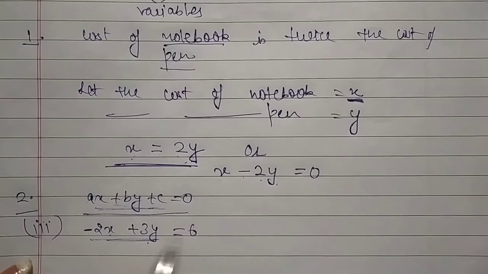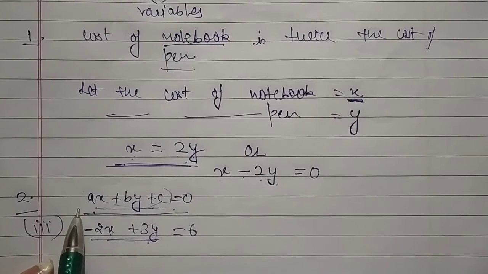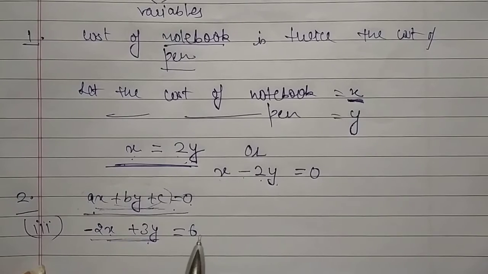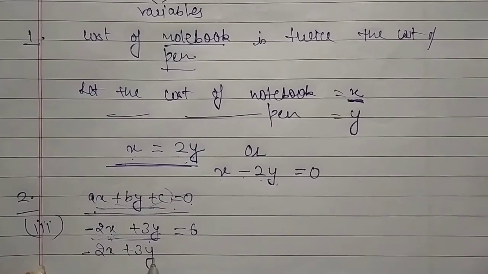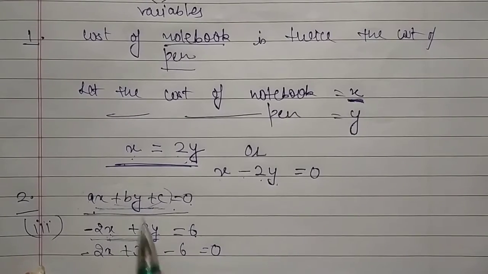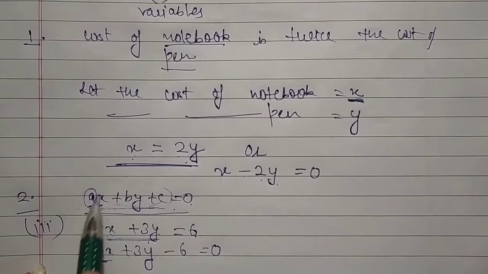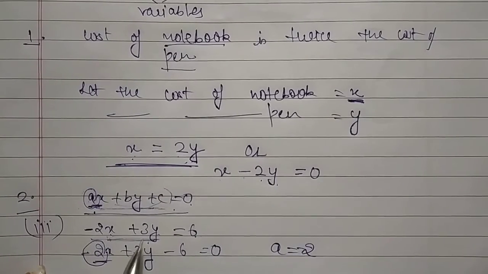If we compare these two equations, in the first equation all the variables are on the left hand side, and on the right hand side there is 0. So first we will convert this equation just like that. In this, two variables are already on the left side, and we will now take the third term also to the left side. Now start comparing. Here is ax and here is minus 2x. It means in place of a we are having minus 2. It means a is equal to minus 2.